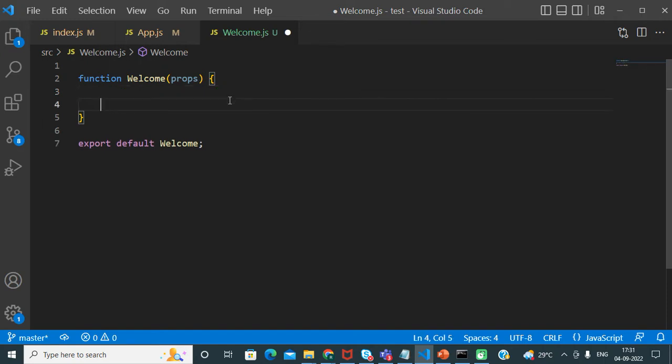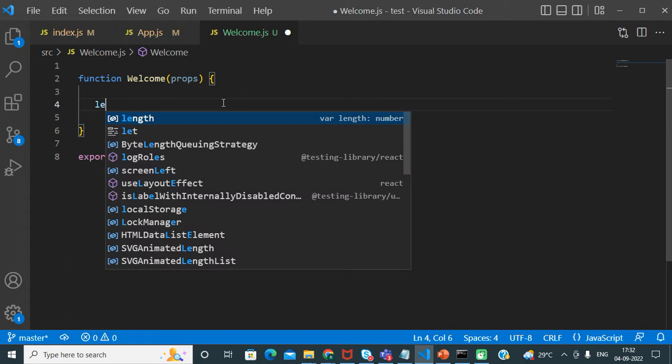So friends, see, if I am working on a React.js project or any requirement where, if the user is logged in, then I should display a success message to him. Otherwise, if he is not logged in, then I should display a failure message to him. So in that case, how can we achieve this requirement?